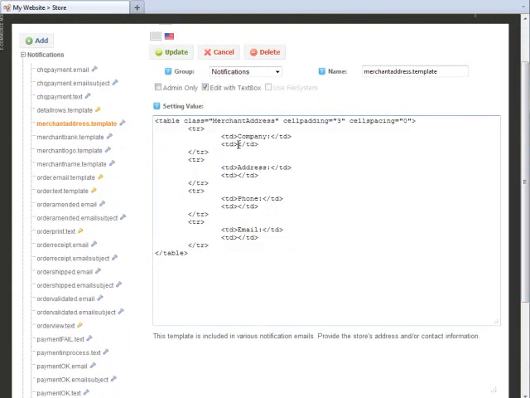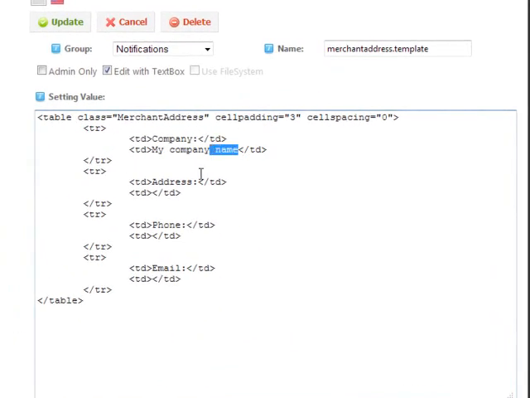If you know your HTML, you can start typing my company name in that field, the address one here, my address, and so on. My phone is something or other. Okay, and then save. Or if you'd rather use the rich text editor, if you uncheck this box up here